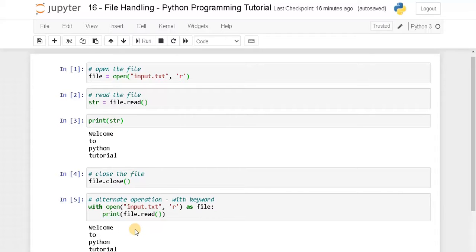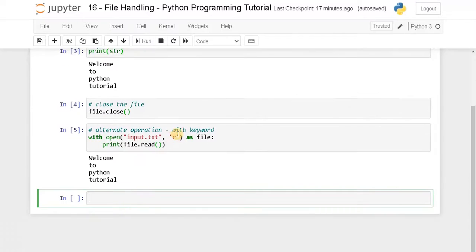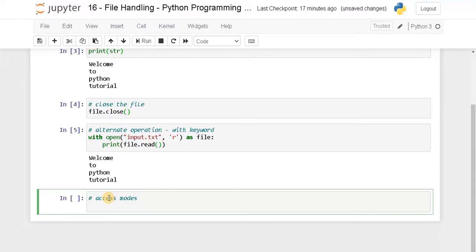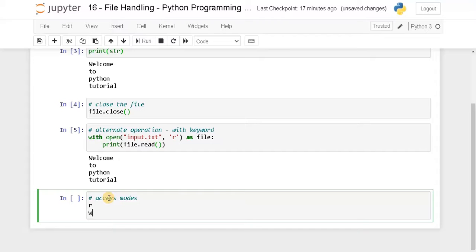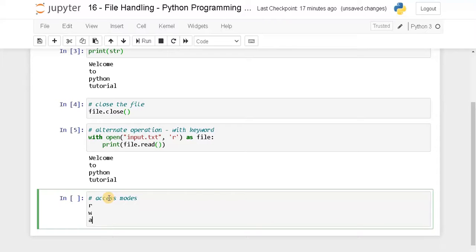Okay, let's see some of the access modes that we will be specifying here. Access modes. Some of the access modes are read, write, append. So this will be r for read, w for write, and a for append.